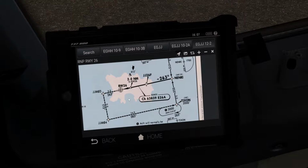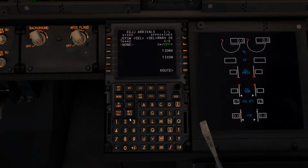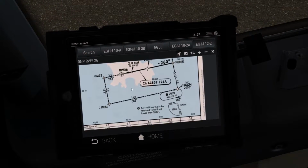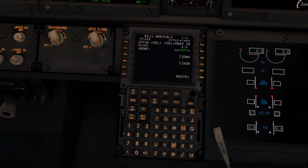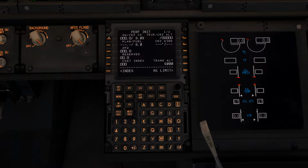You can see that we are going to transition off at Nenri. So we've got Tidmouth and Tixon. So we'll transition off at Tidmouth, activate that up, stick that in, go ahead and get our perfs,